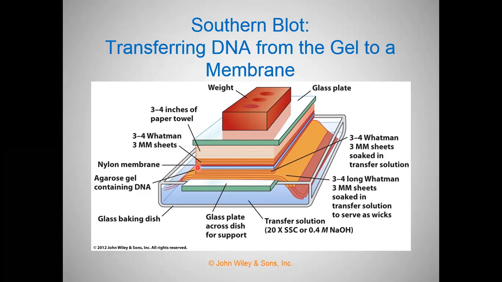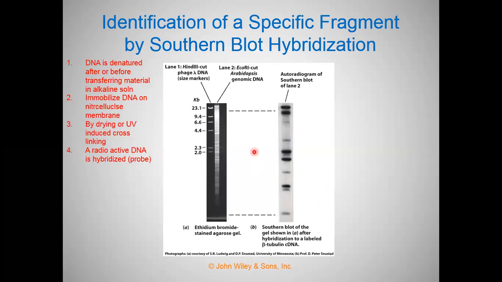Between the filter paper, nylon membrane, and the towels, we place the agarose gel. The buffer will move from the filter paper through the agarose gel by capillary action, and then move upward to the nylon membrane. By this process, a replica of the DNA is generated on the nylon membrane,